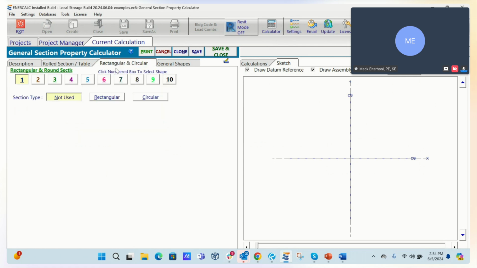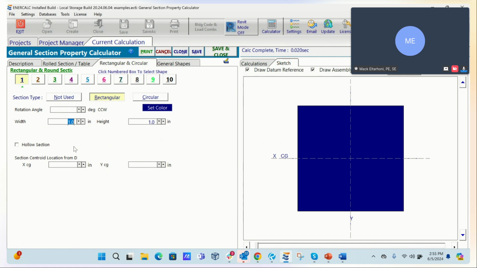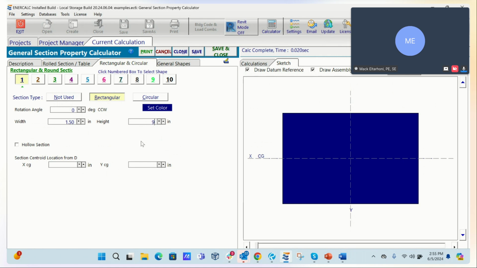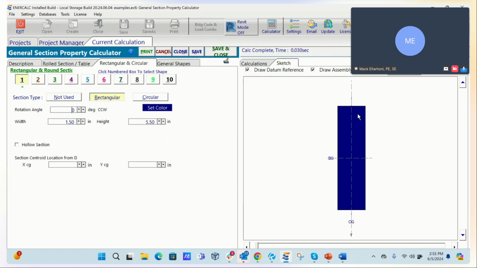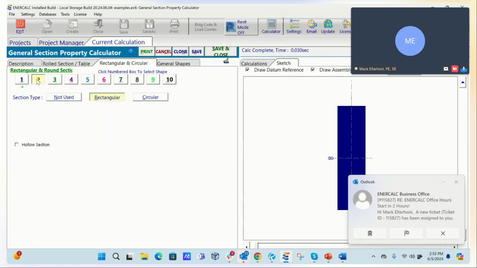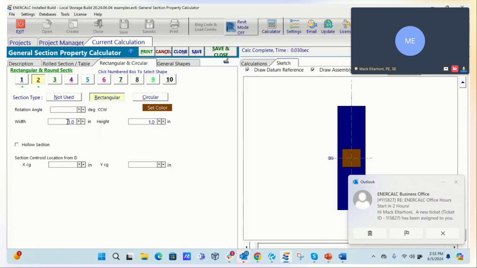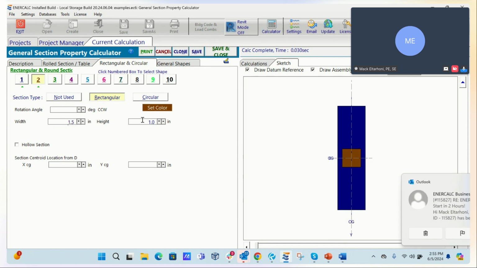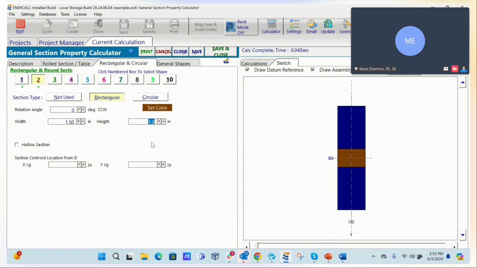So for example, if I want to build a rectangular shape, I can just click rectangular. I'm going to do a width of 1.5 and a height of 9, or maybe like 5.5 inches. Then I can build another one next to it, for example, that is 1.5 by 9.25.